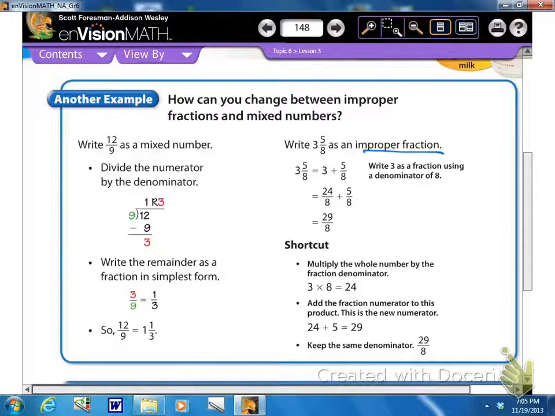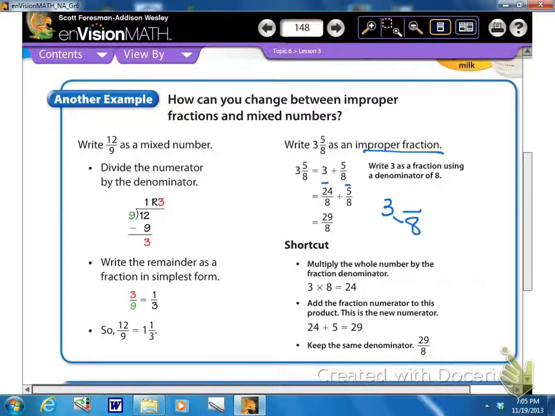What this number is telling me is I have 3 whole sets, and then I have 5 pieces out of 8 sets, because how many does it take to make a whole in 3 and 5/8? 8. 8 pieces to make 1 whole. So what you're going to look at is, you could say I have 3 whole, and here's my 5/8. Well, if it takes 8 to make 1 whole, then I have,